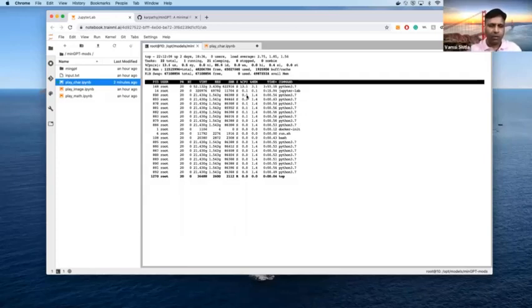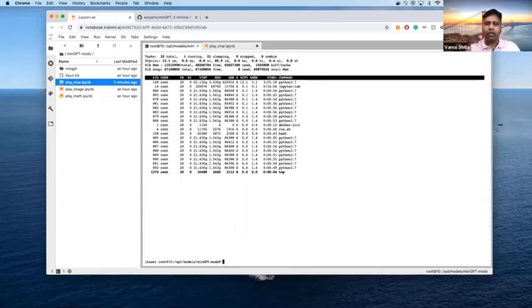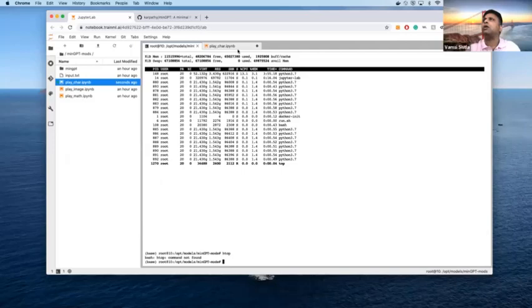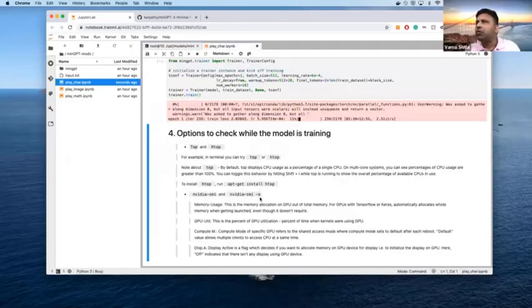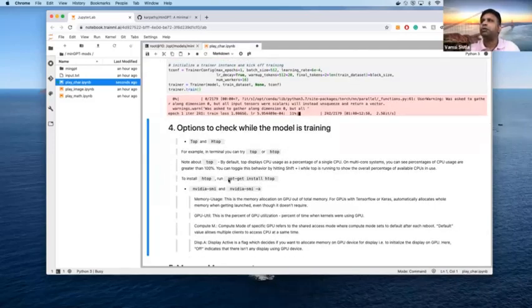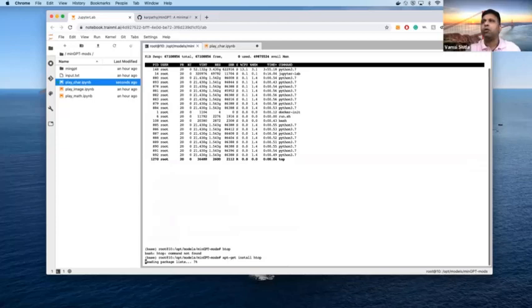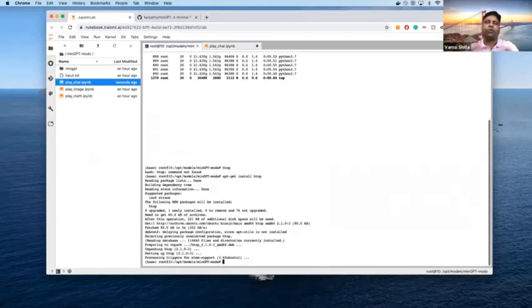But I'm gonna kill this, and there is something called Htop. I've not installed Htop, but I should be able to install it using apt-get. So let me quickly install htop. It gives you a more colorful, more detailed view of your memory utilization, especially from a CPU standpoint. Now, if I run htop,